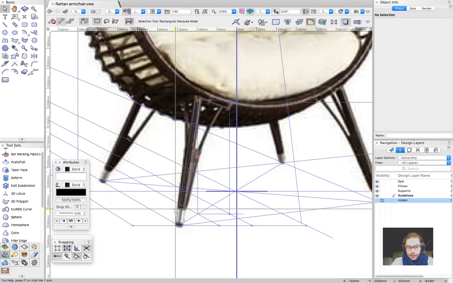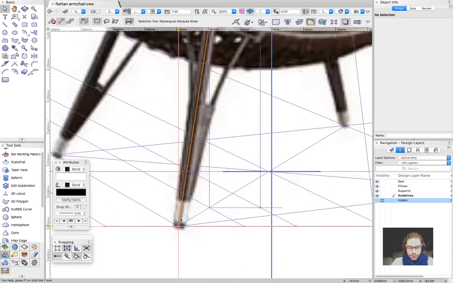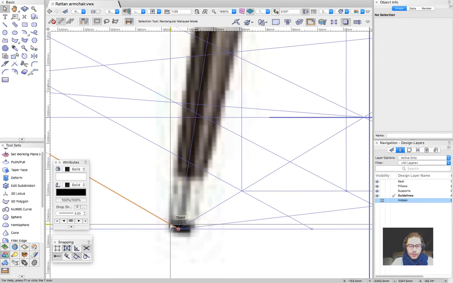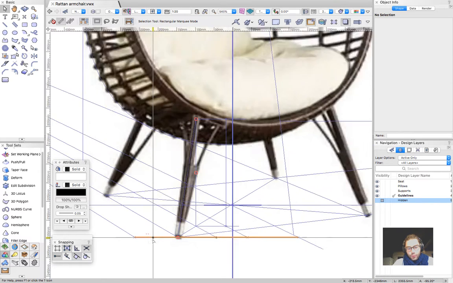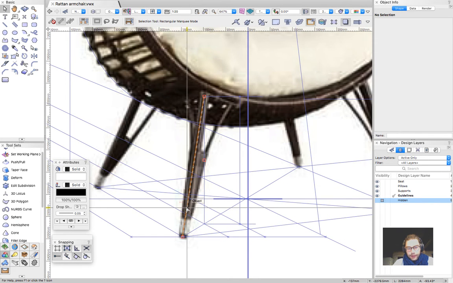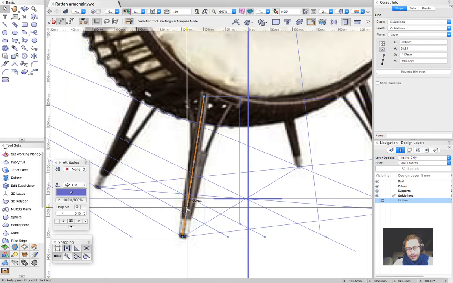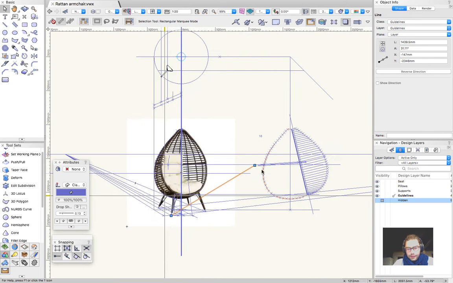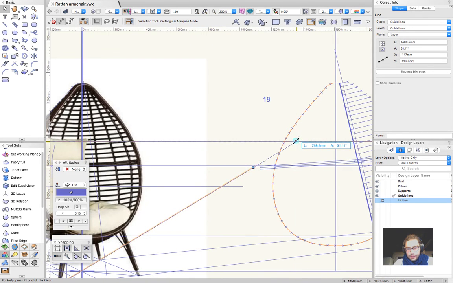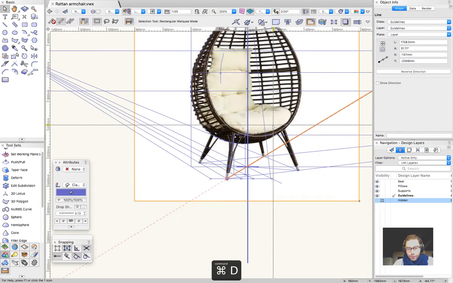Then there is a lid in the ending of the leg, and also we have something like a small rubber in the finish of the leg, in the base of it. So we need to divide, and yeah, let's select this diagonal and continue it until it comes to the horizon line. Then I'm going to duplicate it,